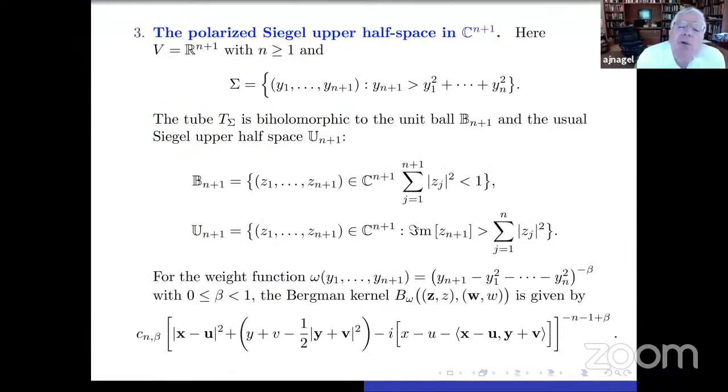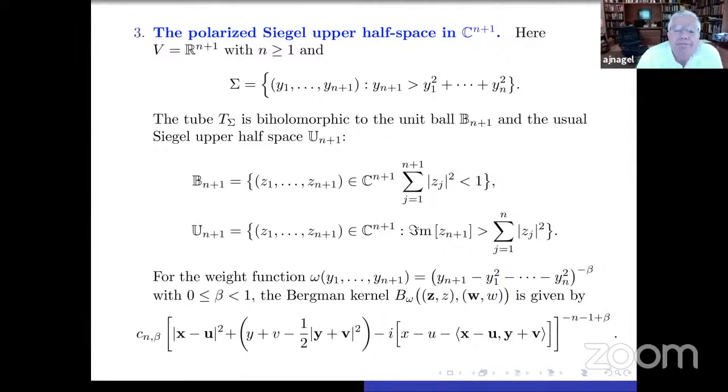A third example is what I might call the polarized Siegel upper half space. So it's sort of like the Siegel upper half space. I've written a couple of lines down, u sub n plus 1. This is the usual Siegel upper half space with the imaginary part of z_n bigger than the modulus of the other z squared. Here I'm looking at the set in R^n where the n plus first variable lies above